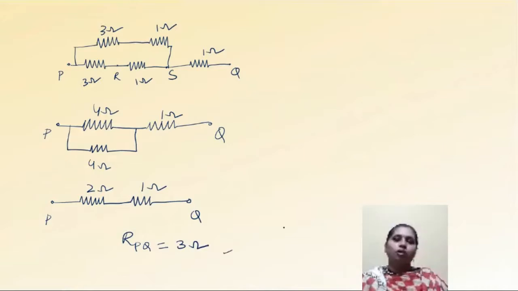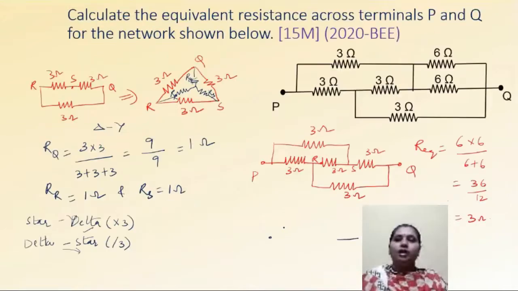So this is how you are going to solve the circuit. First convert star to delta or delta to star, depending on the question and the points you are clear about. Okay, so then after conversion, replace that in the original circuit correctly and you can solve the series parallel